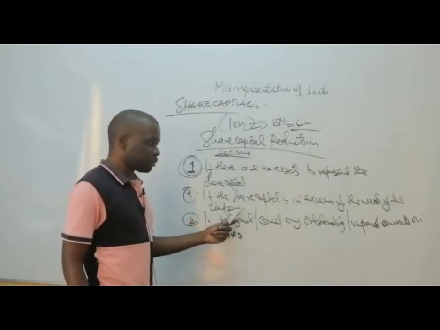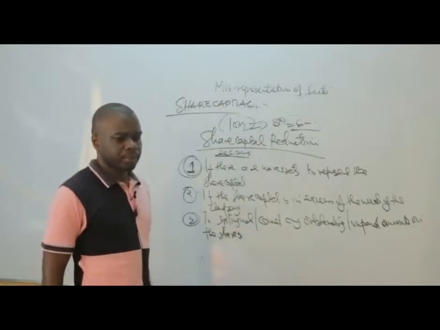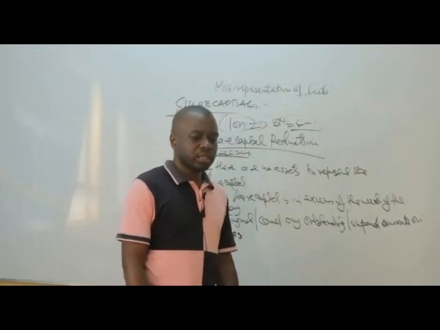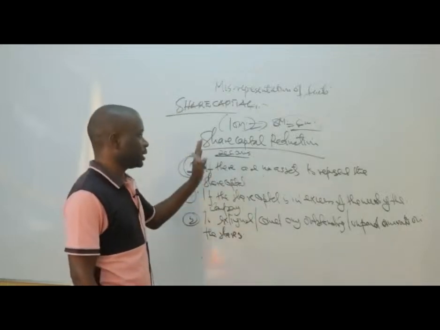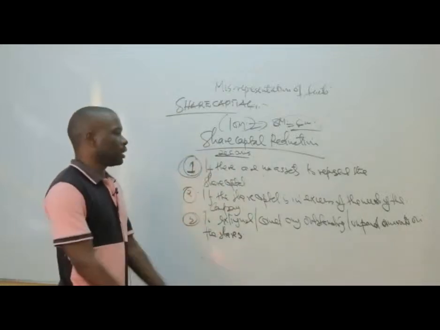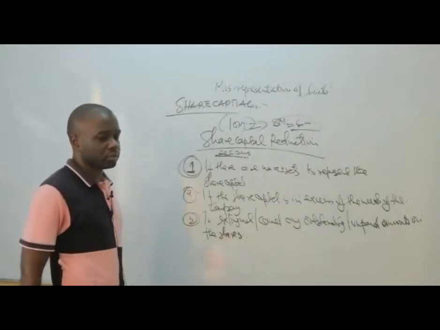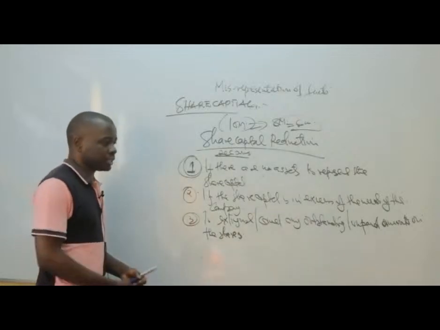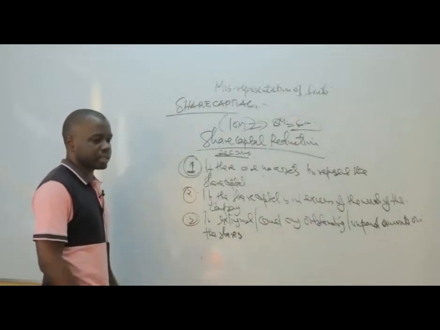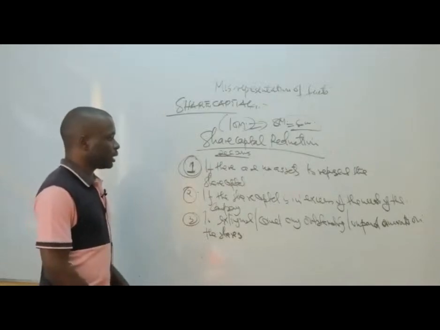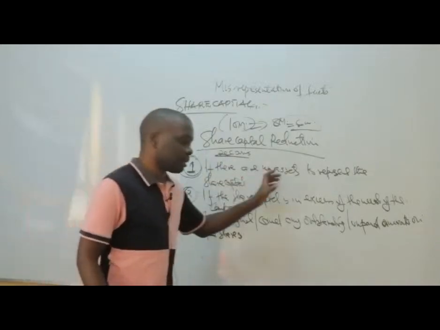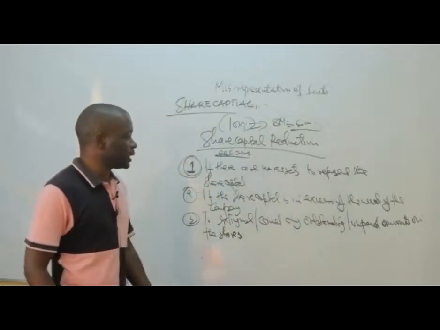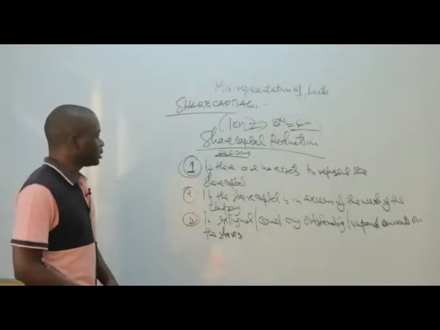And then if the share capital is in excess of the needs of the company, so they have 10 million, just 4 million is just idling. So they don't need it, so they can reduce it. And of course, the method of reduction, they'll simply decide upon themselves whether they'll do a buyback of the shares. They can decide how they are going to do the share capital reduction. Then if there are no assets representing the share capital, sometimes they can decide to reduce the share capital. So to be able to explain this particular first point,